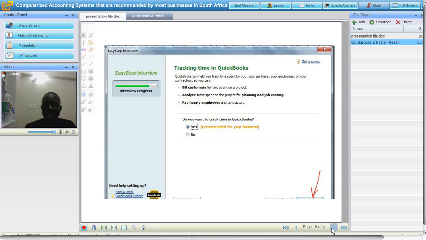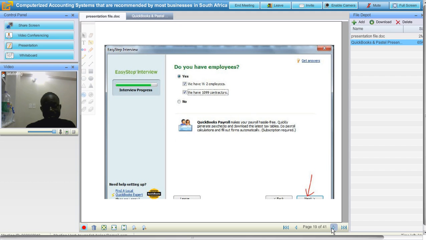You definitely need to know how much time you're spending on a certain job or project, and how much time your employees are spending on it. So if you track time, just click yes and click next. At Tax Sharing Service, we do time tracking, so we click next.